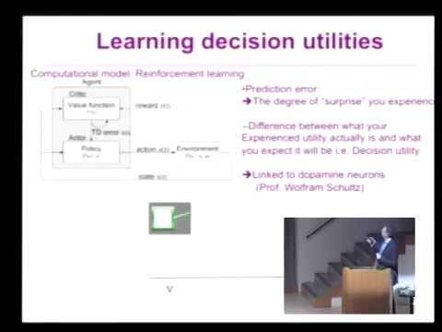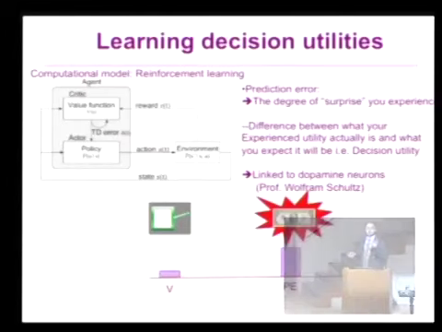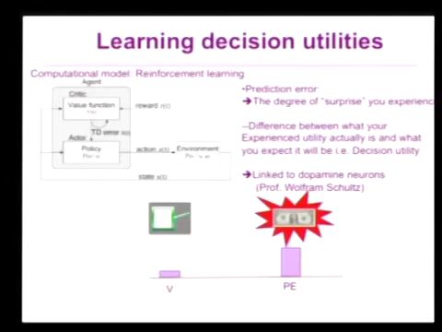Okay? And so they've been shown to encode this prediction error. So what would it look like? Let's imagine you're coming along, you're choosing a slot machine, and this is just the strength of your prediction. It's very low here. You're not expecting anything. You choose the machine, you win your dollar. And the prediction error goes up because there's a big surprise. You weren't expecting to get anything, and you just did, so you won your dollar.